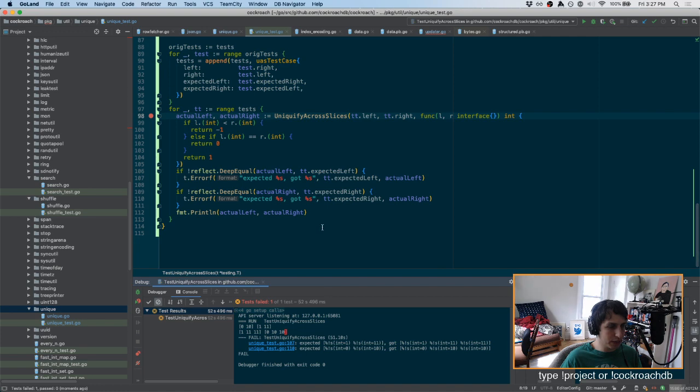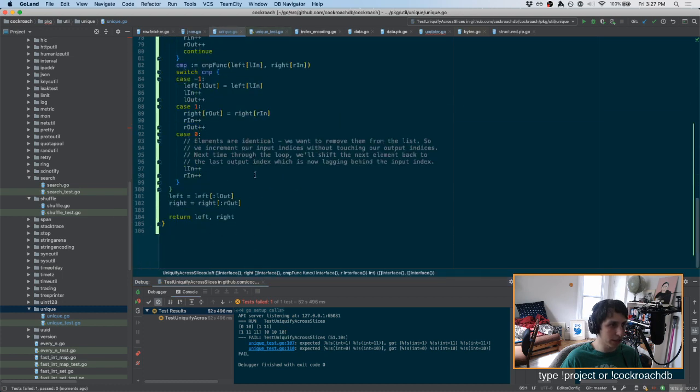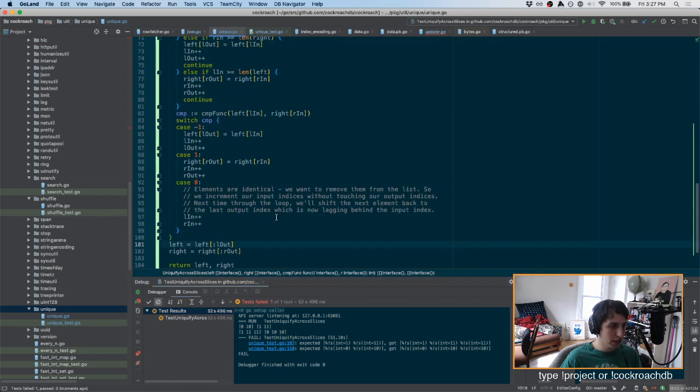Now this sort of seems to me like we just didn't edit the length properly because we just have a duplicate at the end. So let's go back and look at what we're doing. I'm guessing that we just need to subtract 1 from this, and the reason for that would be that once we run off of the end,